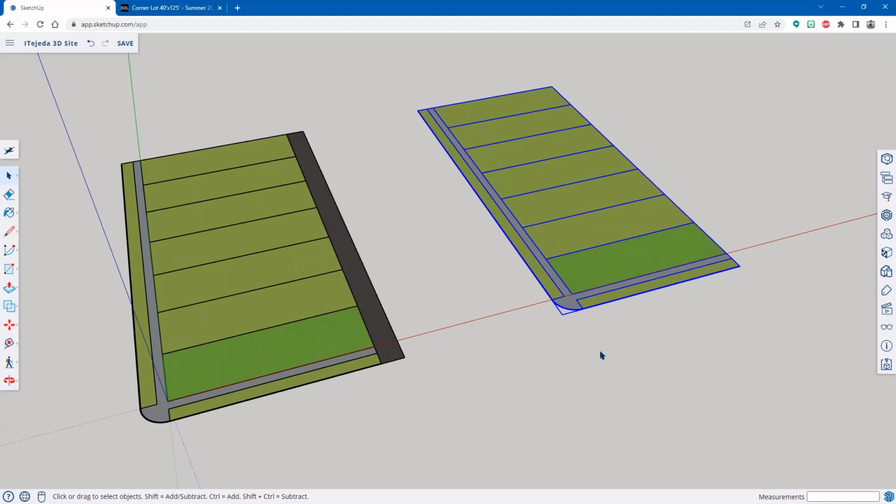When it comes time to model a building, you will see me do this as well. All right, so I know that that is a group. My next step is to use the scale tool. And the scale tool, keyboard shortcut is S, but I want to show you where it's hiding because sometimes I